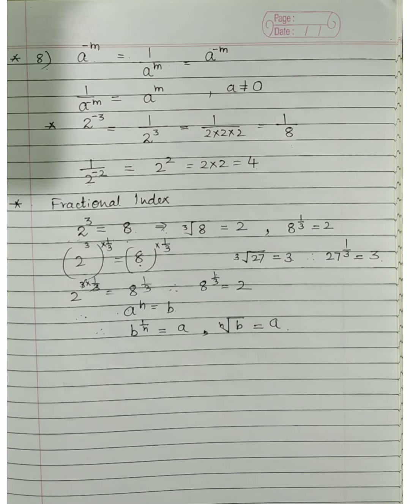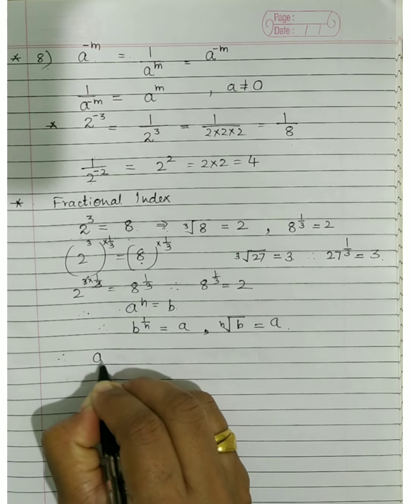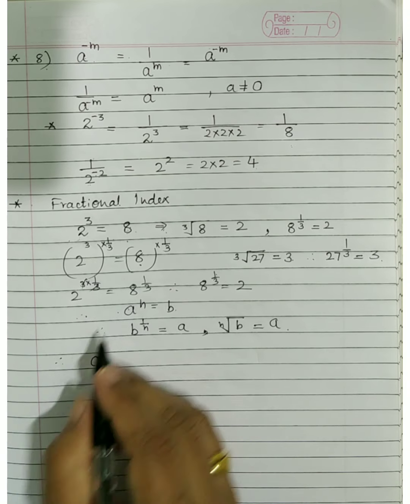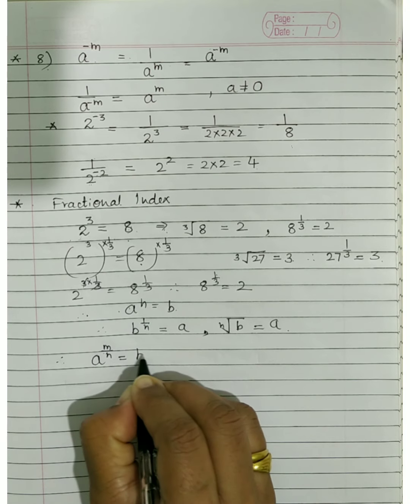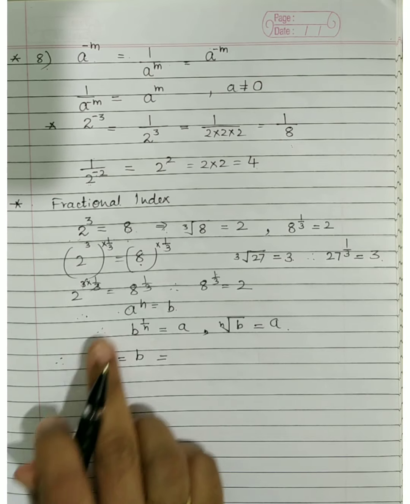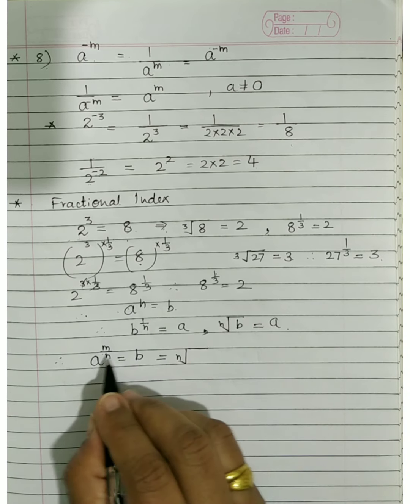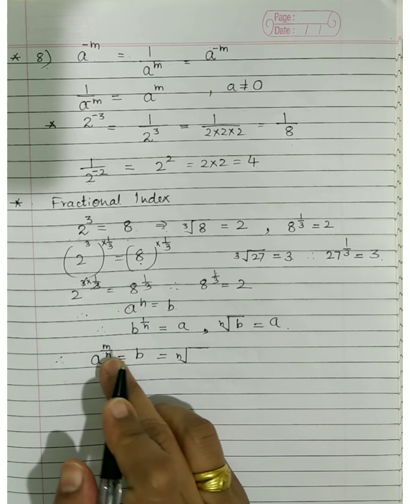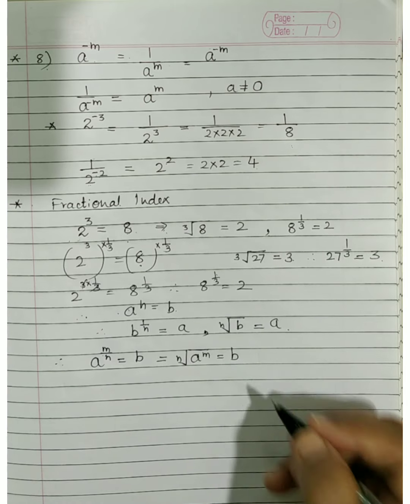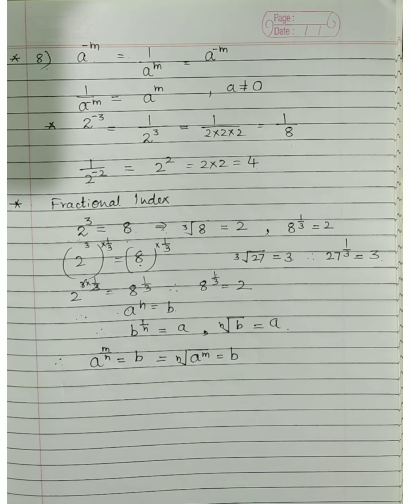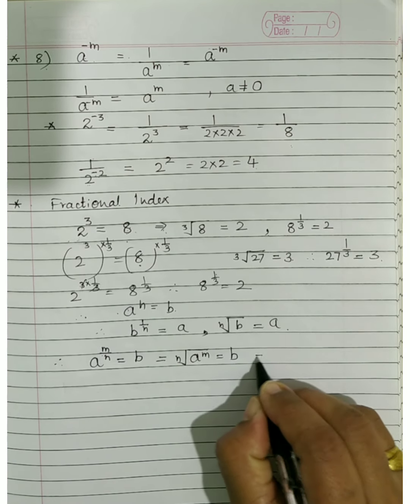Okay. What if some other power is there? For example, if you have a to the power n is b. Now instead if you have a to the power m upon n is b, how would you write? See, 1 upon n is always written in radical form, nth root. But here, after 1 upon n is removed, what is left is a raised to m is equal to b. Understood?